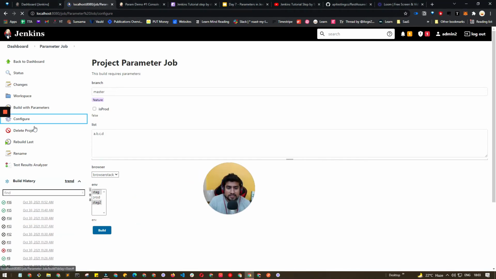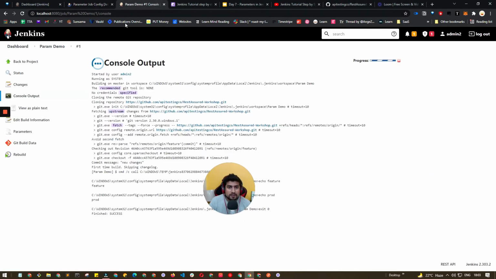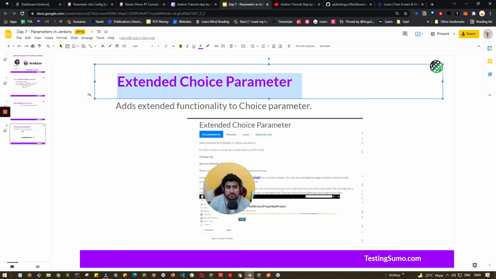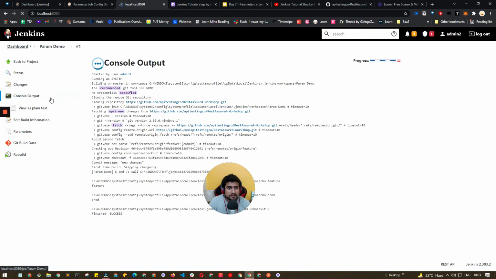Let's go to configuration, and first of all I'll explain the third important plugin, which is called Extended Choice Parameter, and how you can install it, which is very easy.